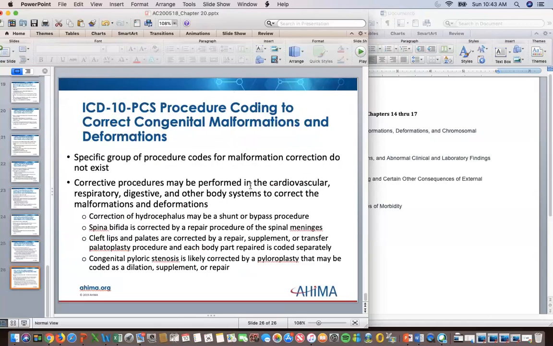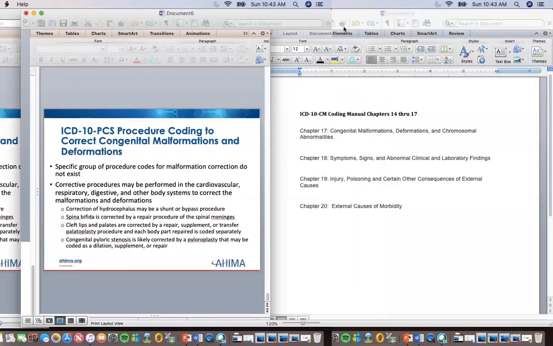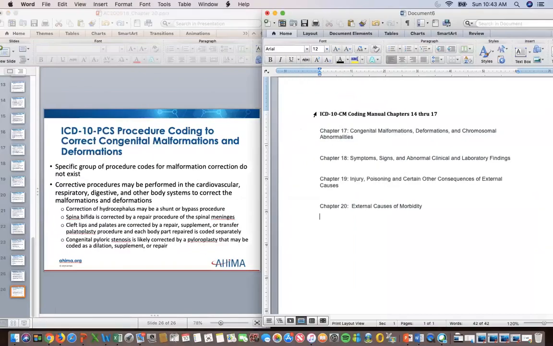Specific groups of procedure codes for malformation correction do not exist. So again, you may have a few of these procedures to code out in your classes. Corrective procedures may be performed in cardiovascular, respiratory, digestive, and other body systems to correct the malformations and deformations. So that was just a nice, quick little overview of chapter 17 for those congenital malformations,